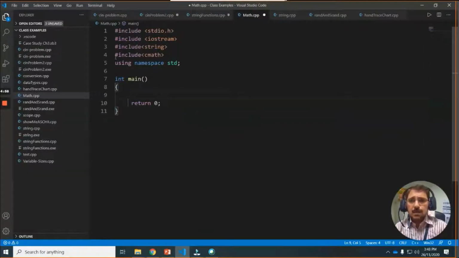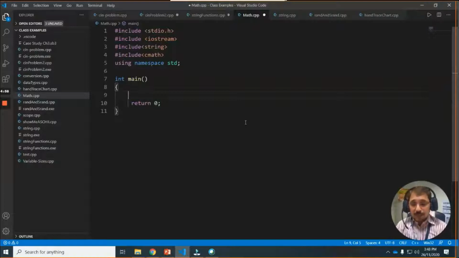Here you see I included the cmath include file, the preprocessor directive, and once this is included, the definitions of all these functions, sine, cos, tangent, absolute, log, square root, we can now use.